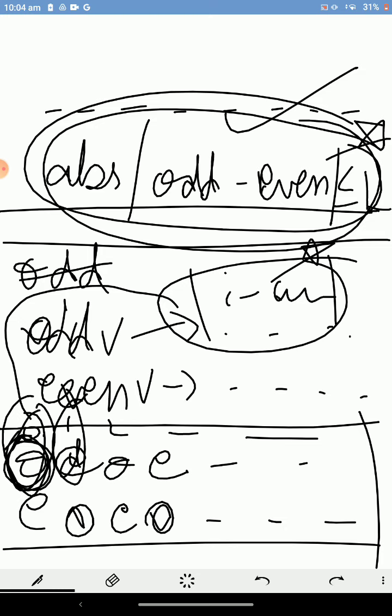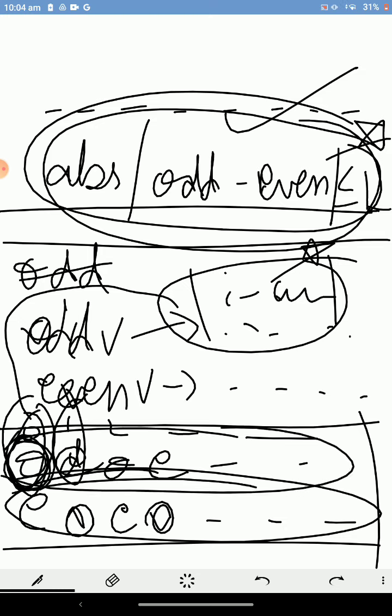Similarly we do it for the even-odd case, and the minimum of these two will be our final answer. I hope you have got this solution approach. If you still haven't, you may refer to my code for better intuition.